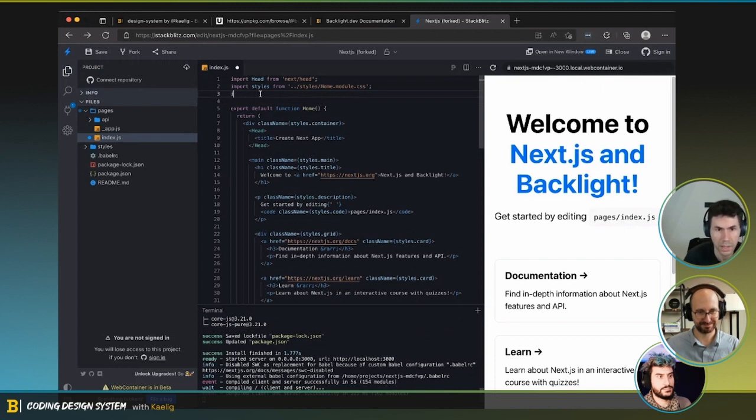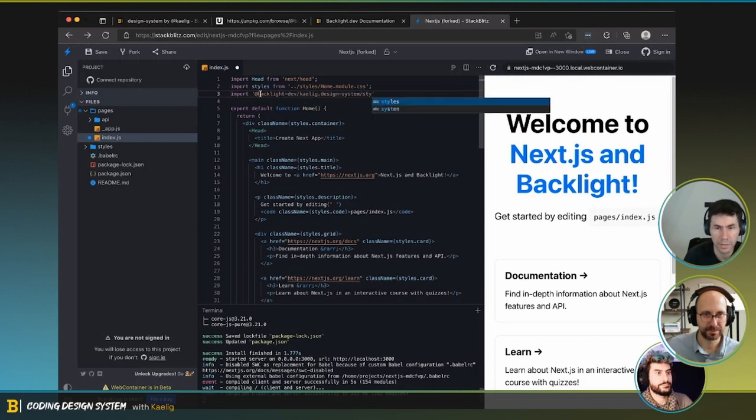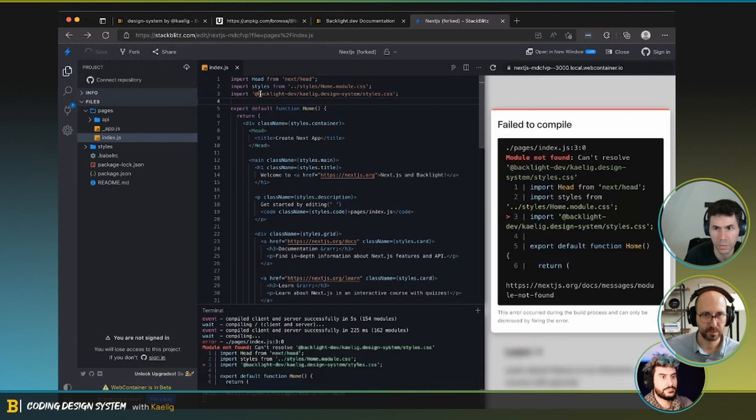What we have to do first is import the application styles. This is styles.css, so we're going to import this. That's the first step because we want to have the globals.